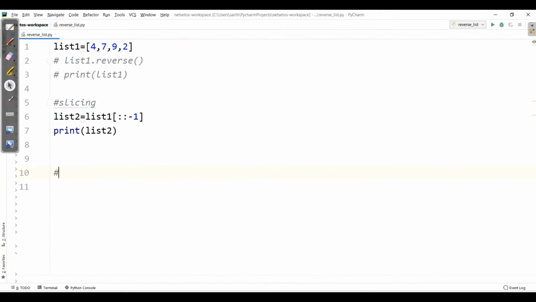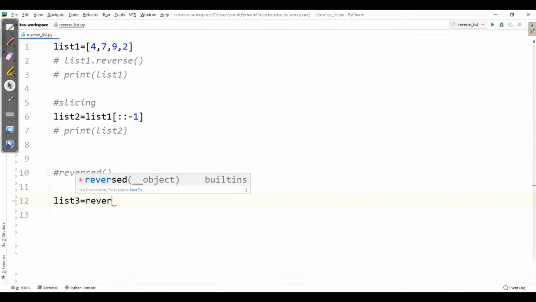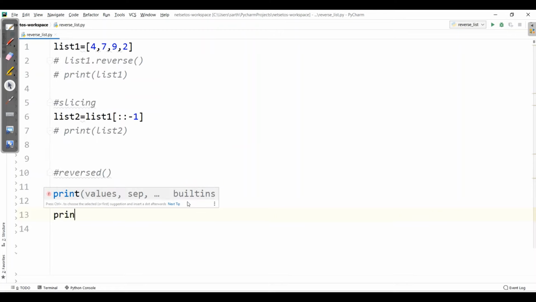Now comes the third method, which is reversed. Let's comment this. Here I will take a variable list3 and the function reversed of list1. Here also it returns in list3, and we will print list3.